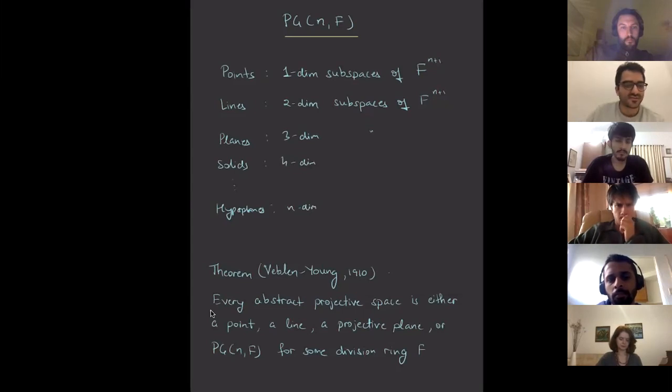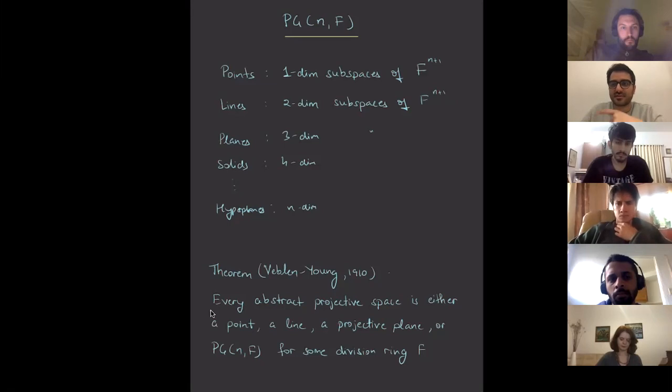It's very easy to mistake the dimensions here. The vector space dimension is always one higher than the projective dimension. So just remember that. I could have defined an n-dimensional projective space using the axioms, using the abstract way that